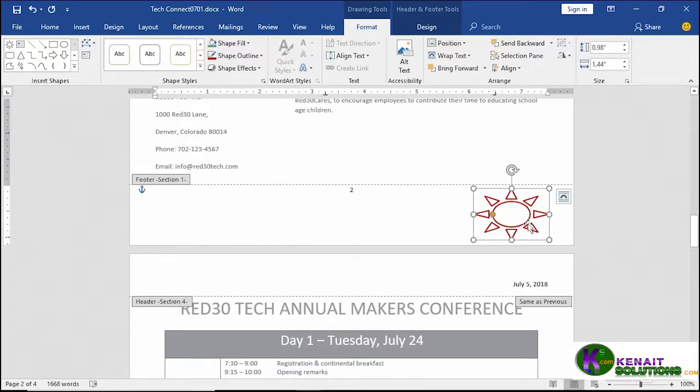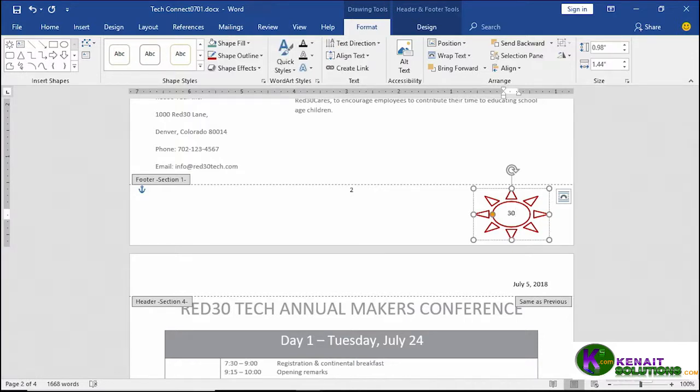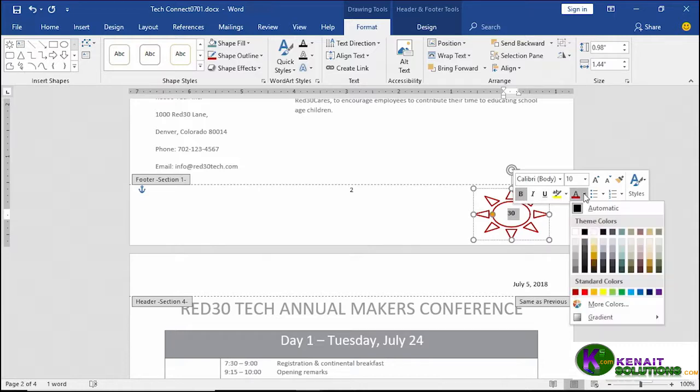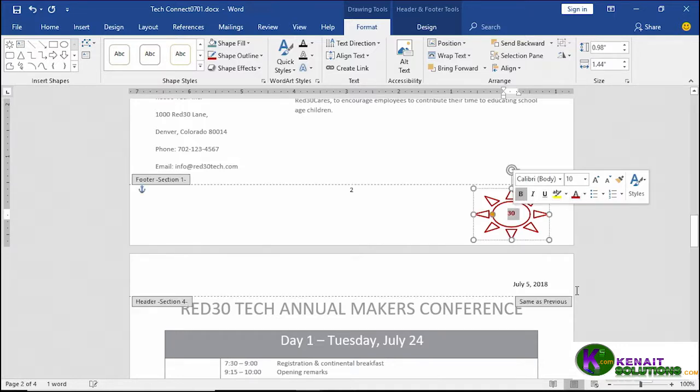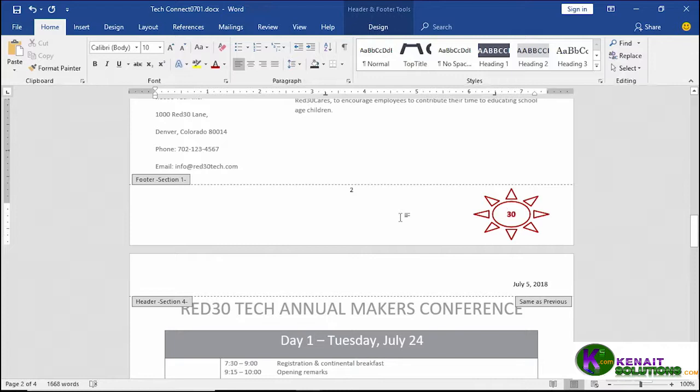Here's what's really cool though. With it selected, we can just start typing. Type in 30. You can see it goes right in the center there, and it's using the default text formatting. So we can click and drag over the 30 to select it, and with it highlighted, we can start doing things to the text right here from the formatting toolbar, like bolding it, changing the color to that same red if we wanted to, and bumping up the size. Let's go up to 12 points. Click anywhere in the footer area to